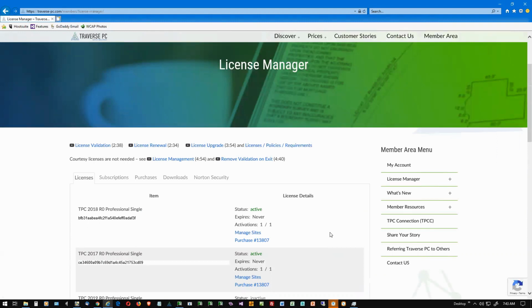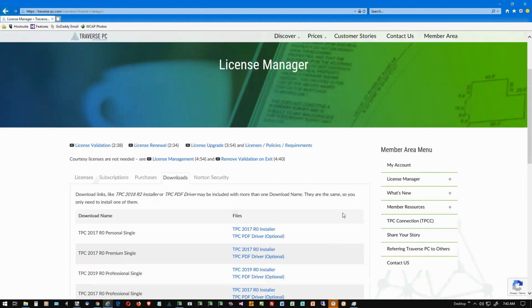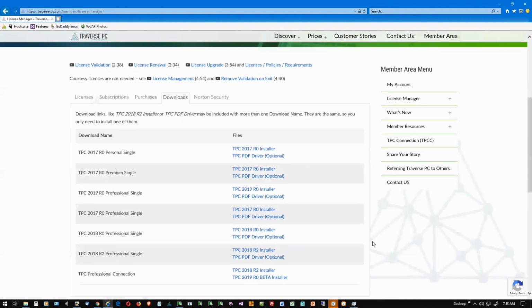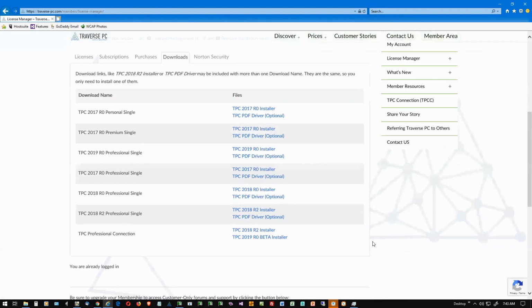The important thing you need to take a look at is your Downloads tab. You may have many things in your downloads, as I do here, but what you're looking for is TPC Professional Connection. In this case, we're looking at installing the TPC Desktop 2019 R0 Beta. Now it shows up in my list of files that I can download. So I click on this here,